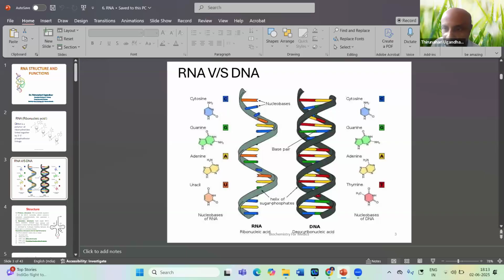RNA versus DNA: both can be single stranded and double stranded. Also, the two are different editions. So this is a